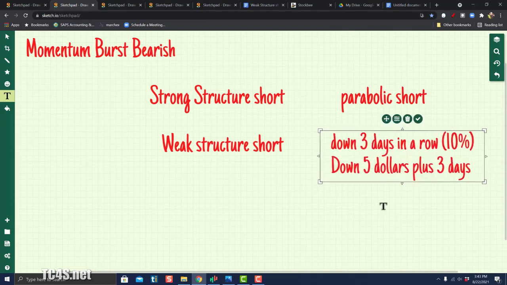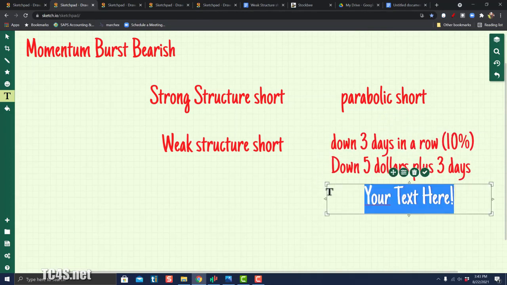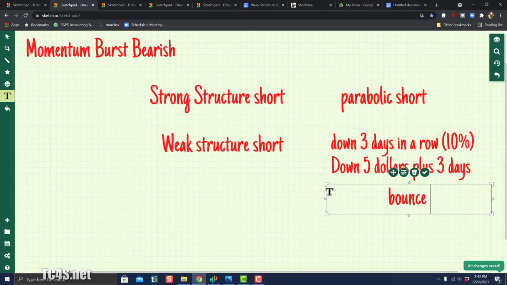Okay. After that, it has a bounce, a weak bounce, and a weak bounce is something which is less than a 4% bounce for 1 to 3 days. The best setup is where it bounces only for 1 day. I would take something which bounces for 3 days and then it breaks down. In a separate video after this video, I'll talk about strong structure short and weak structure short, which will explain this better. So these are my two setups which I look for on the short side.